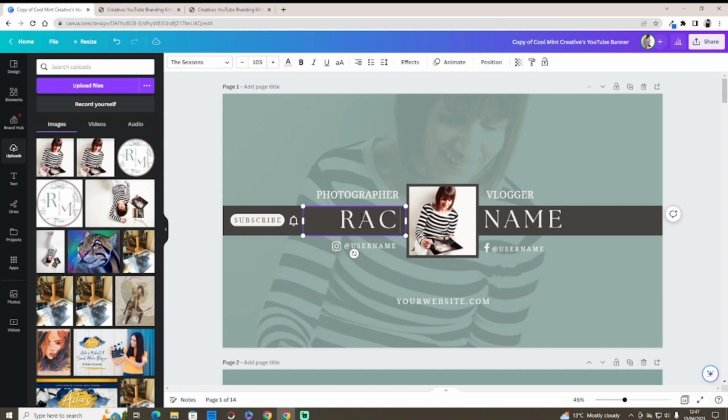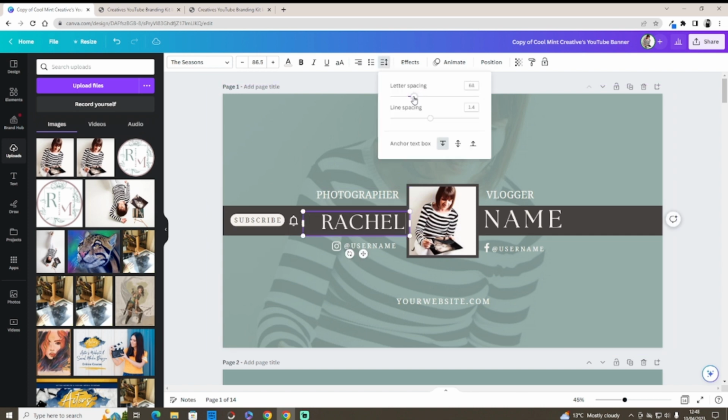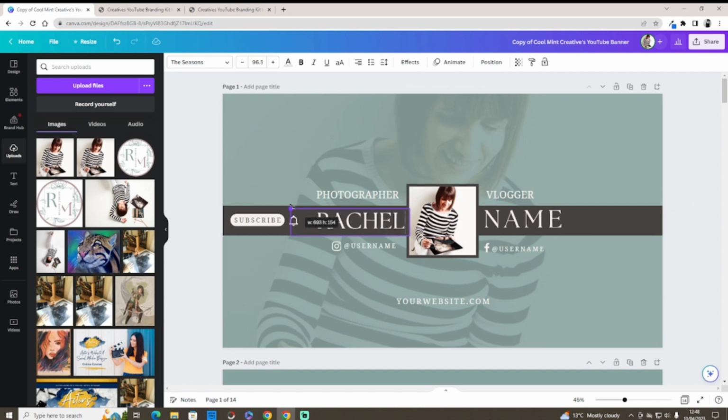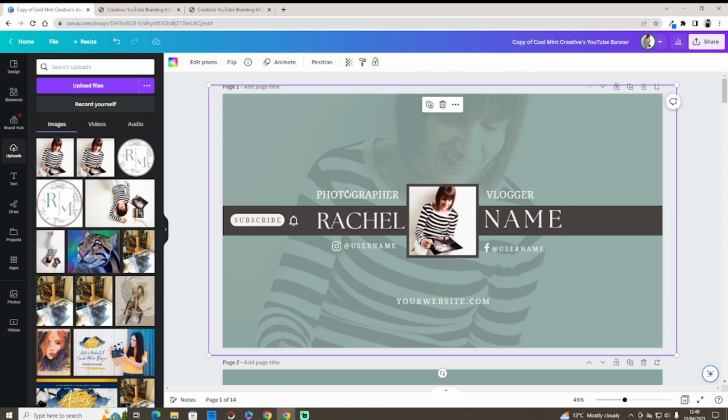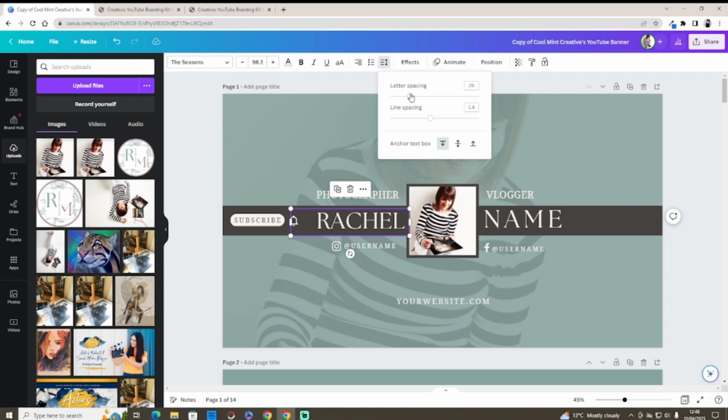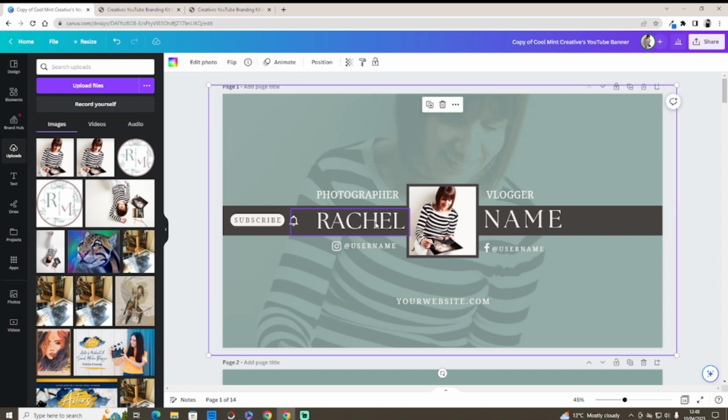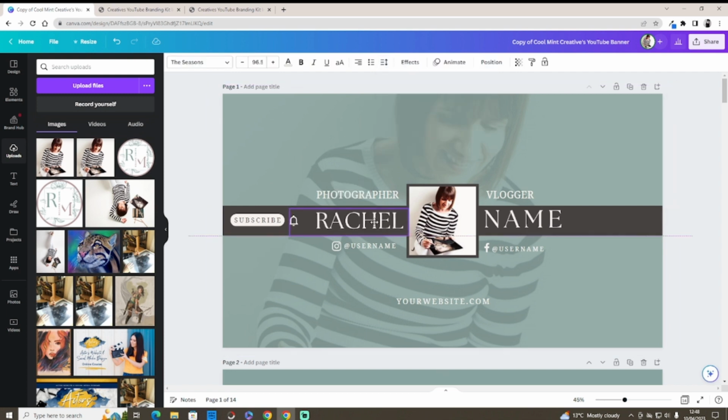Now for those of you that may have a slightly longer name, like me, you'll see that this will happen. Okay, so you want to click on this area here and just scroll it, move it towards the right. You then just want to make your name slightly smaller. You can bring it in if you want it to just be slightly bigger. So you see what I did there. I used that to bring the letter spacing in, and you can do the same for the other side